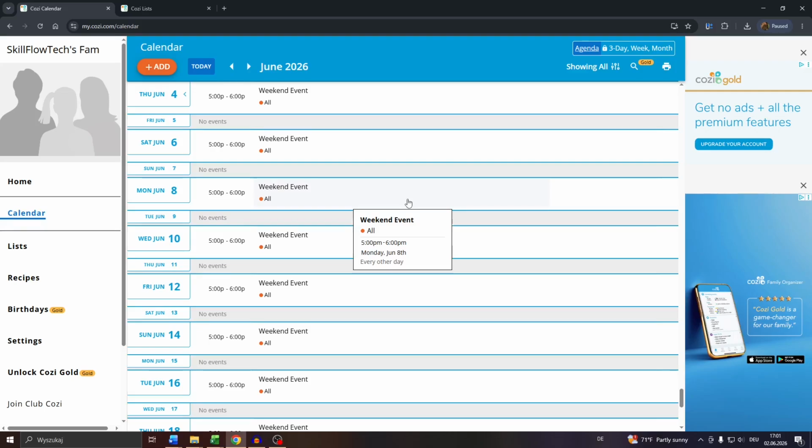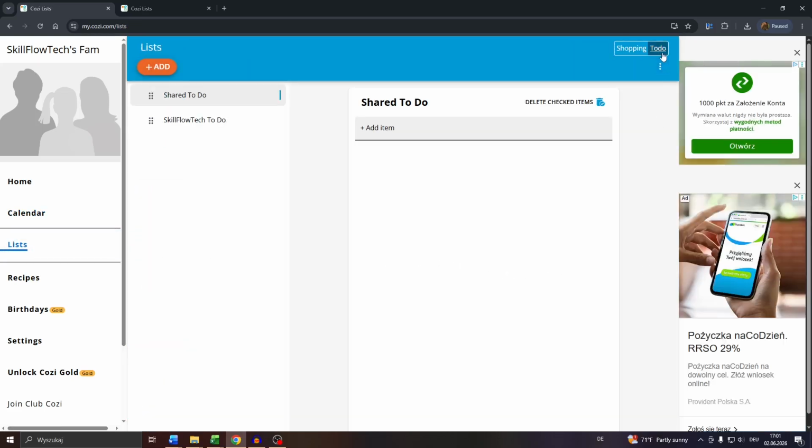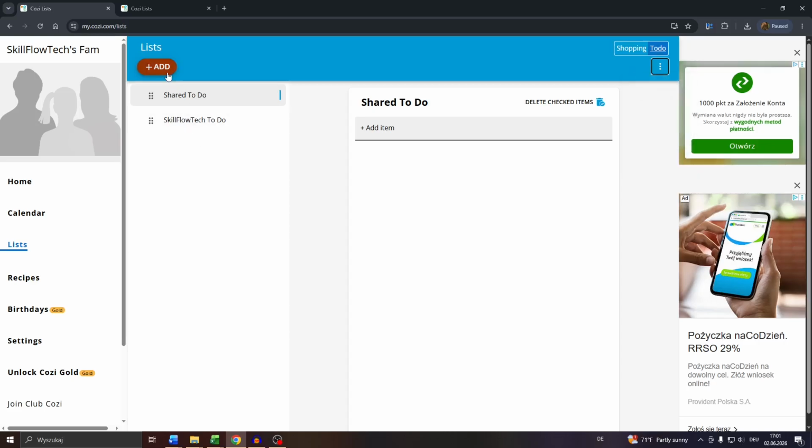Head over to your Cozi family account, click into lists on the left hand side and choose to do it in the top right corner. Now guys, if you click into these three dots below, you may, for example, rename list, delete lists from the list to the left. For example, if you have a to-do list, you can create a new one by clicking into plus add in the top left,